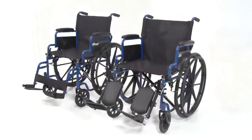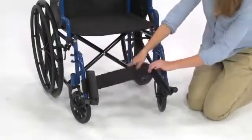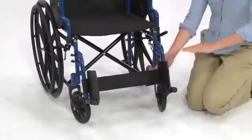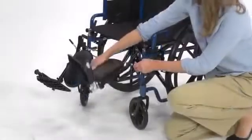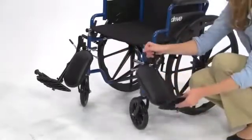2 types of footrests. The swing-away footrests come equipped with a calf strap to support the legs. These footrests also flip up to ease entry into and exit out of the chair. The elevated leg rests are equipped with a calf pad and also swing away for easy access in and out